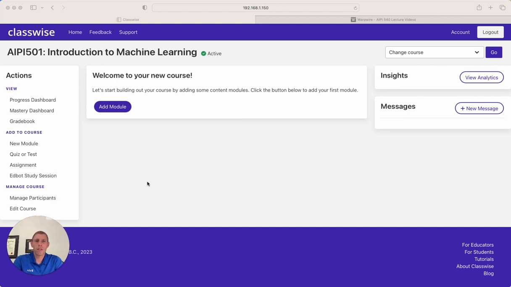Classwise is an AI-powered digital learning platform that enables instructors to easily create interactive, engaging courses that provide personalized support for each learner. We believe that online and hybrid courses don't have to be the passive, one-size-fits-all learning experience that they typically are. With Classwise, educators can make the learning experience personalized and engaging regardless of the size of the class. We do this through an AI-based virtual tutor named EdBot, who acts as a personal learning coach for each